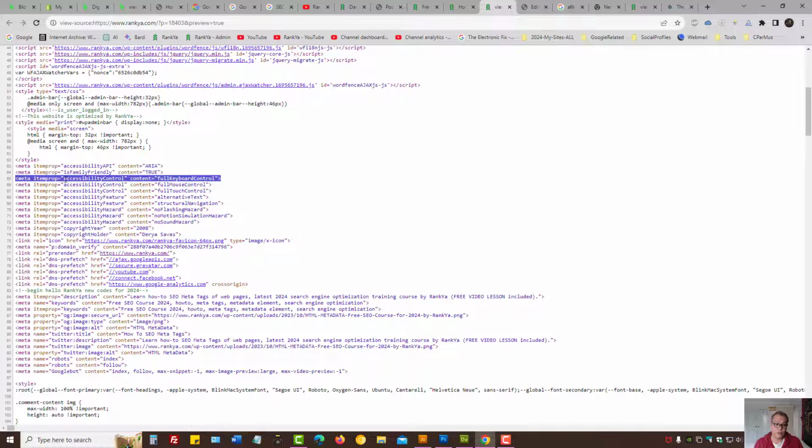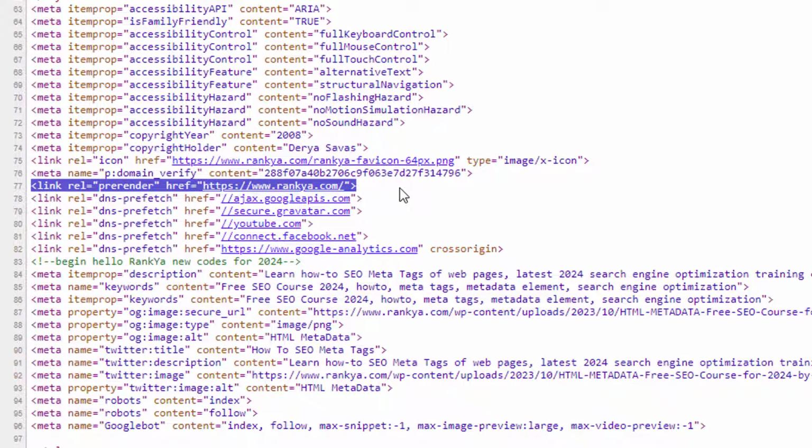And you can actually use the latest structured data methods such as itemprop within meta tags as well. In this scenario, we're saying accessibility control and so on. You can perhaps provide copyright information using meta tags. The link element here, although it's not a meta tag per se, it's still a meta element. Think of it like this: anything you can place within the head portion of HTML, consider it as a meta element,